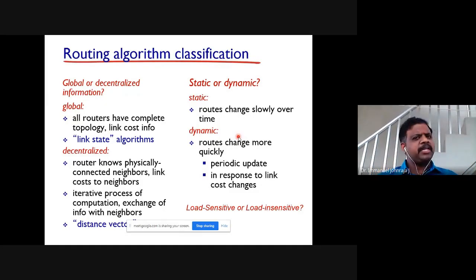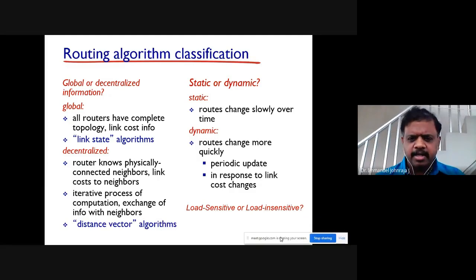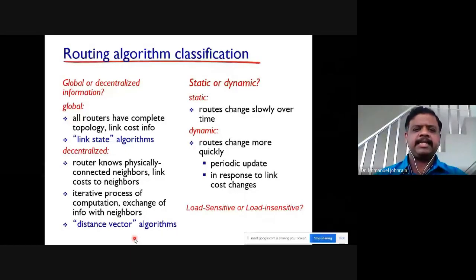What about decentralized? They are the distance vector routing protocols. They are another classification. In these distance vector routing protocols, they all know only their neighbors. It is a very interesting phenomenon which is happening. If at any point you feel a little bored or confused, pinch yourself, buckle up your belt, get ready. We need to learn about this. They are not simple things, but interesting stories, right?